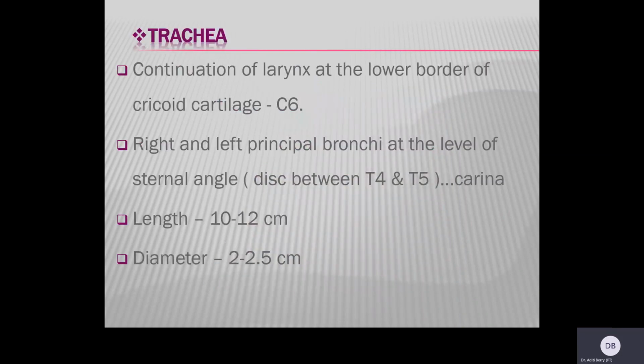Now the continuation of larynx at the level of, say, lower border of the cricoid cartilage, that is C6, is called as your trachea. The trachea branches down at the level of carina into two principal bronchi, that is the right and the left principal bronchus. Okay, so this division occurs at the level of carina, that is your sternal angle. So try and locate it on X-ray the next time you see X-ray of any patient. So the average length of trachea is around 10 to 12 centimeters and diameter is